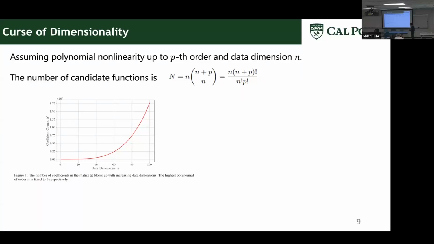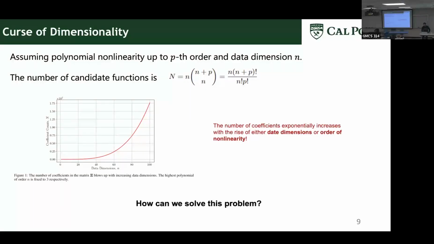If you look at this case where we have p fixed to 3, and we increase the data dimensions, the scale here is 10 to the power of 7. When we get to 100 dimensions, the number of possible combinations of polynomials, and when I say combination, I include the linear term, quadratic term, cubic term, all the way to the p-th order polynomial. This number is just going to increase exponentially, right?